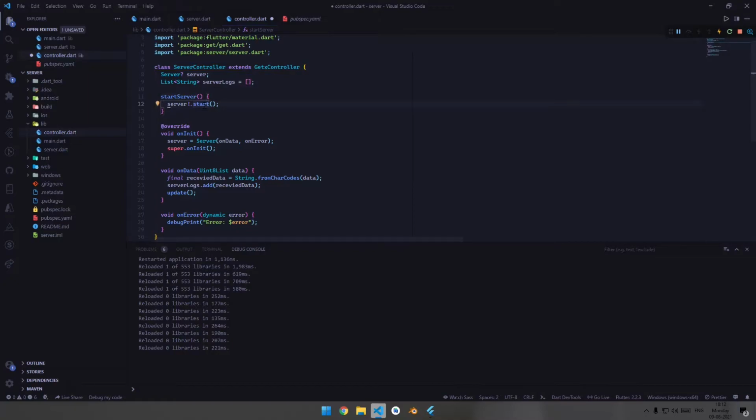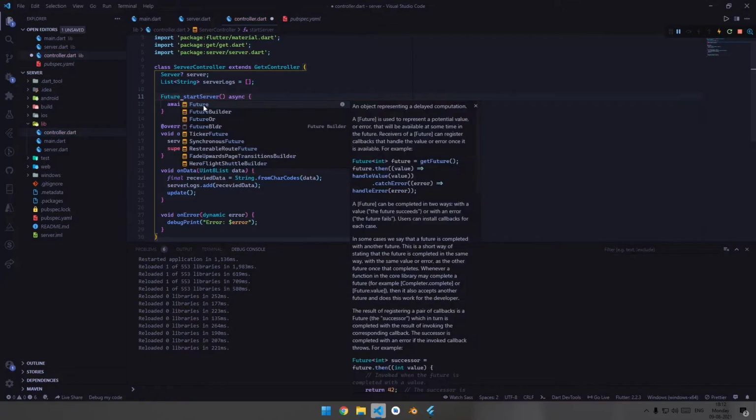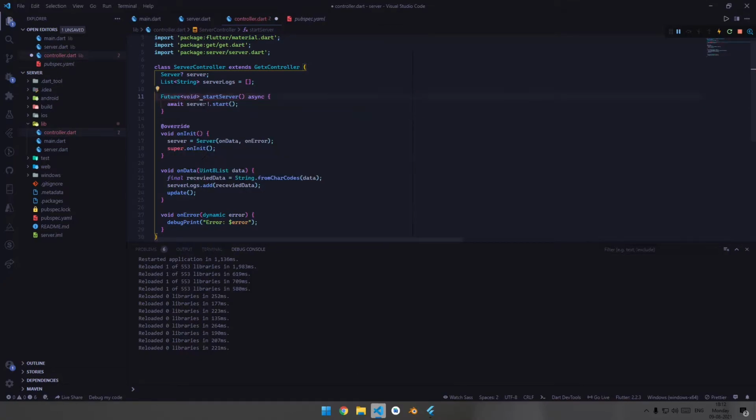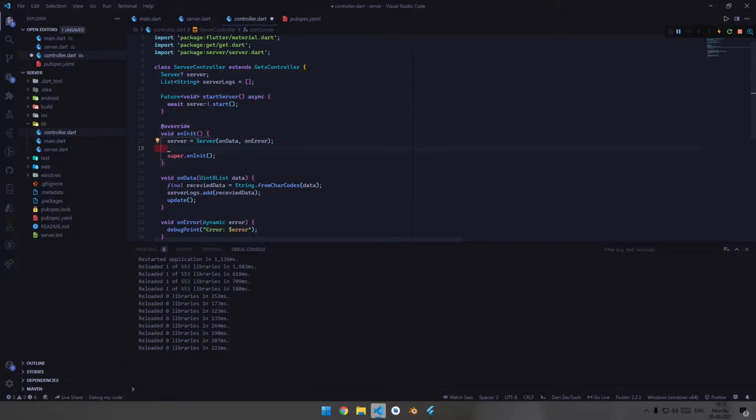Since it is an asynchronous function, we will use await and async, and Future of void. Now let's simply start the server when the server controller is initially executed.